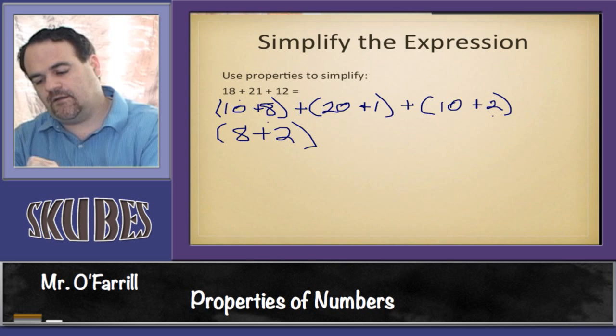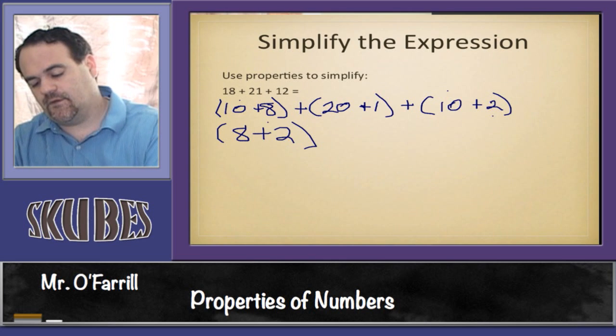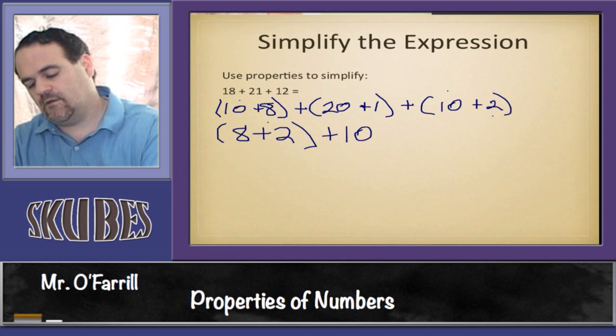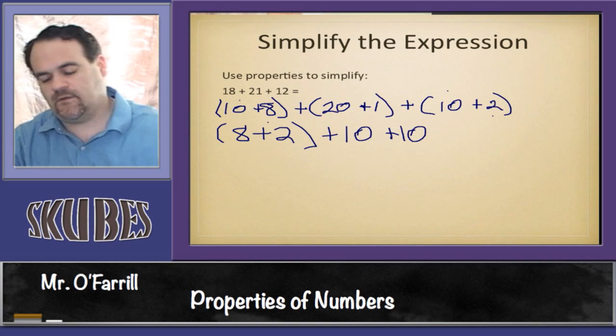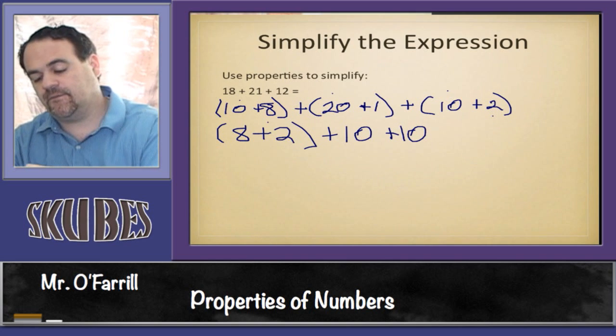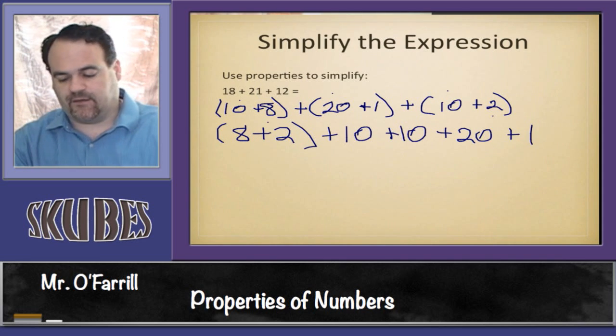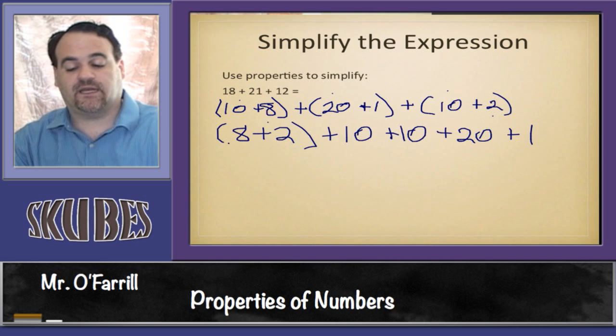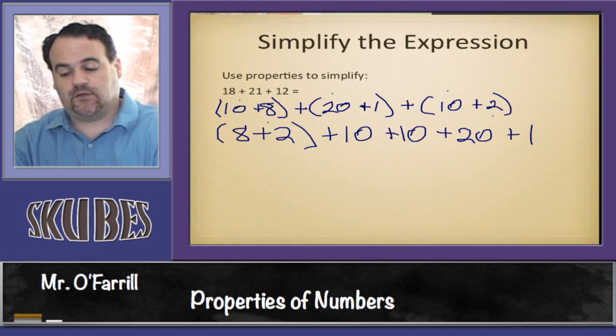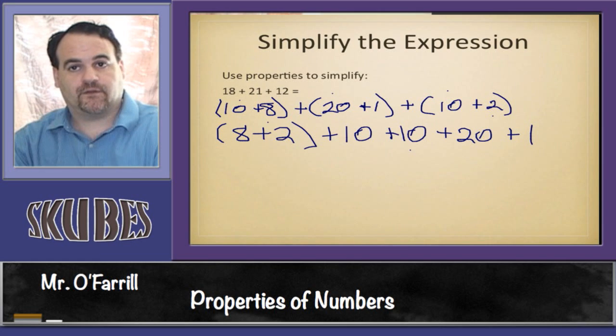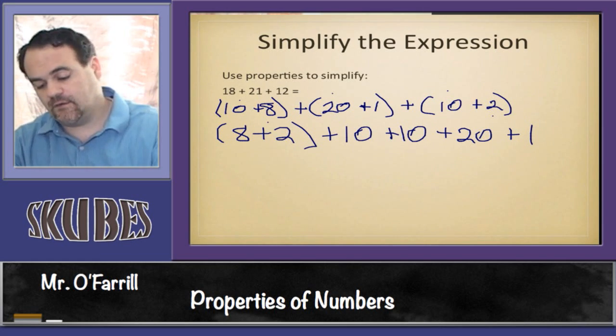I have 10 and another 10. So plus 10, plus 10. I've got a 20, plus 20, and the only thing remaining is a 1. So what do we have? We have 8 plus 2 is 10, plus 10 is 20, plus 10 is 30, plus 20 is 50, plus 1